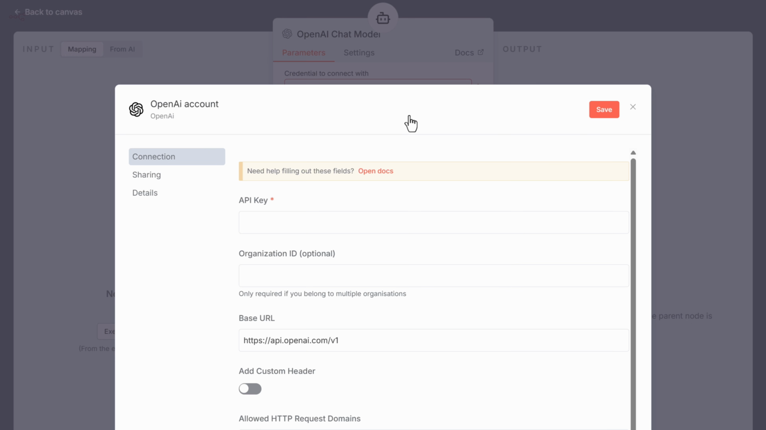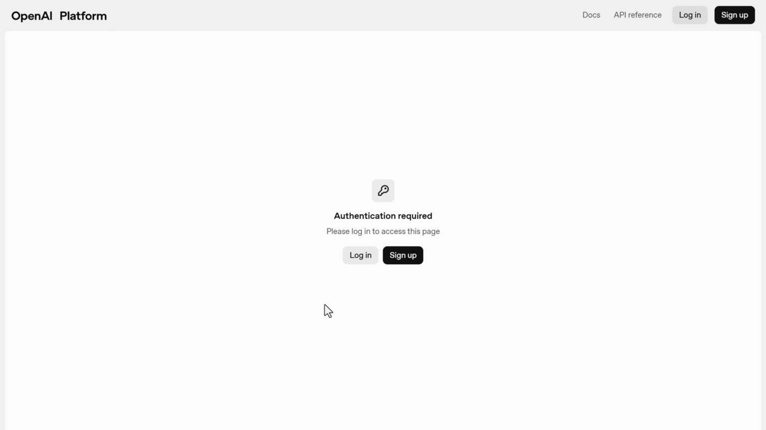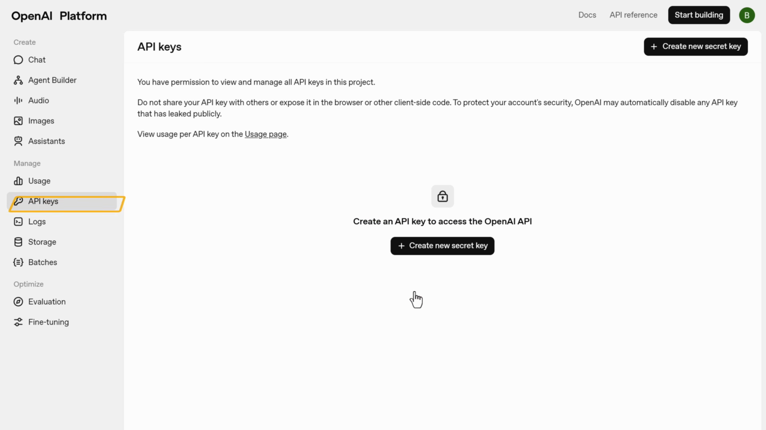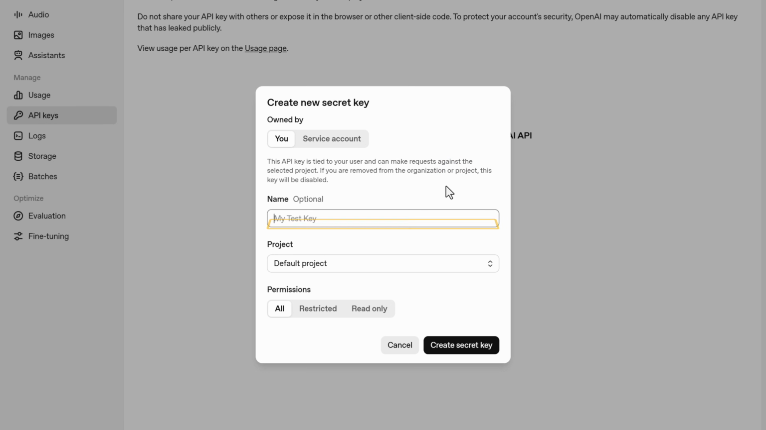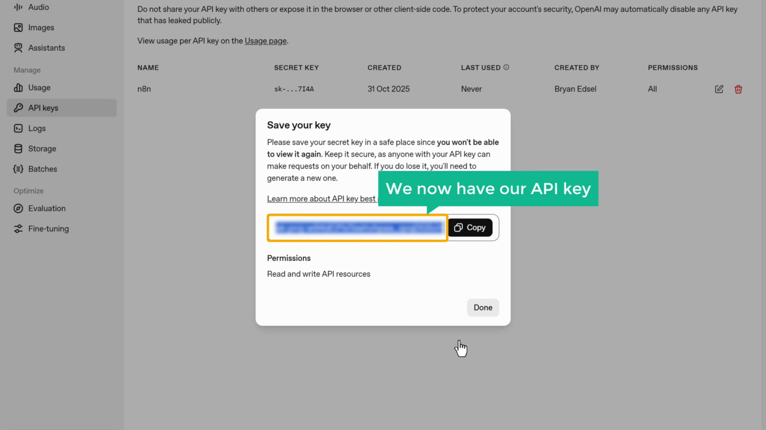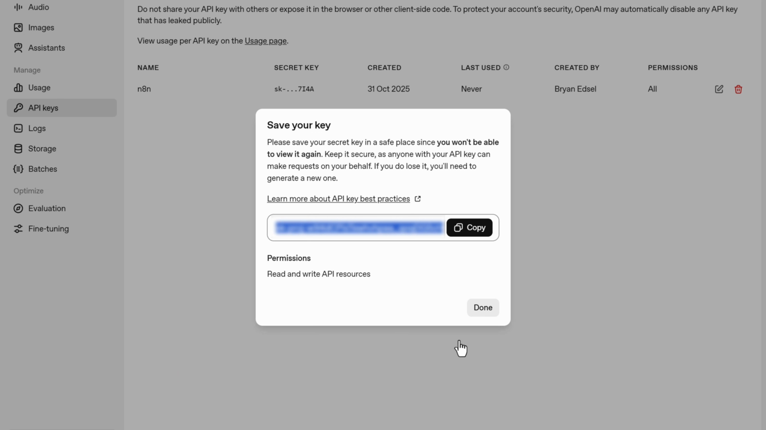To get the API key, click the link given in the description. Now click here and sign in with your Google account. Now go to API keys, click Create New Secret Key. Here give it a name and click Create. As you can see, we now have our API key, but keep in mind you'll only be able to get an API key from OpenAI if you've added a payment method first. Now let's copy this key,